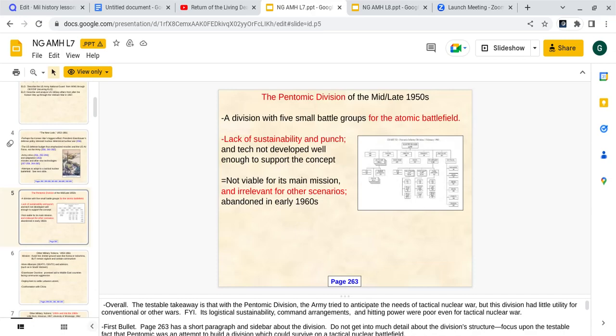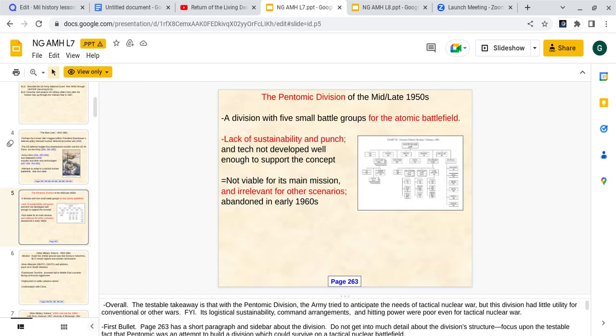Starting off with the Pentomic Division. The Pentomic Division was created for the atomic battlefield, although it had a lack of sustainability and also manpower. The technology they used wasn't very well developed. They couldn't really support the concept, and it was irrelevant for any type of other scenario that you might deal